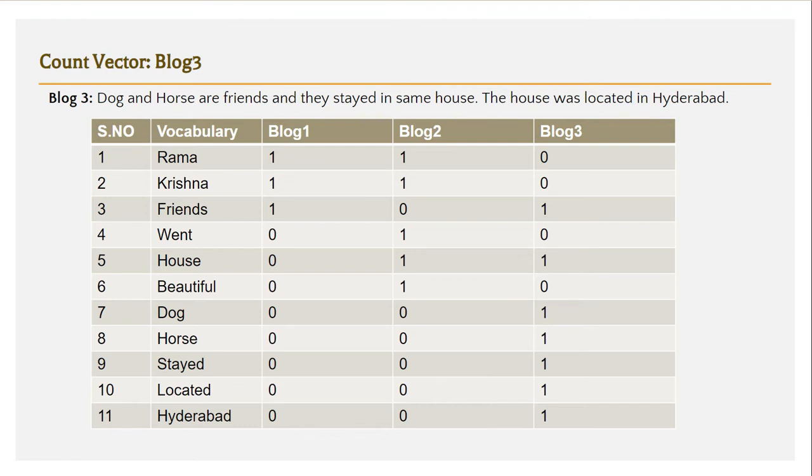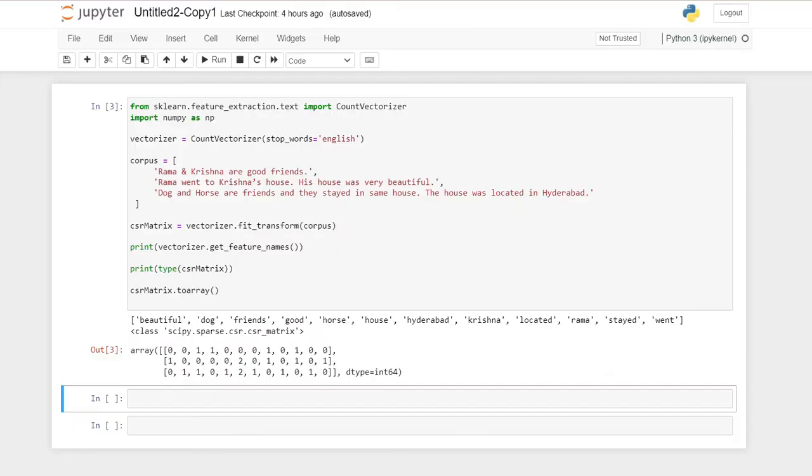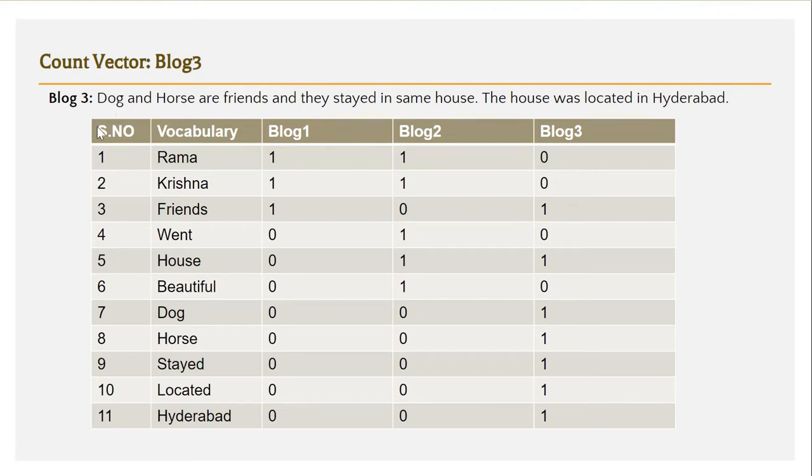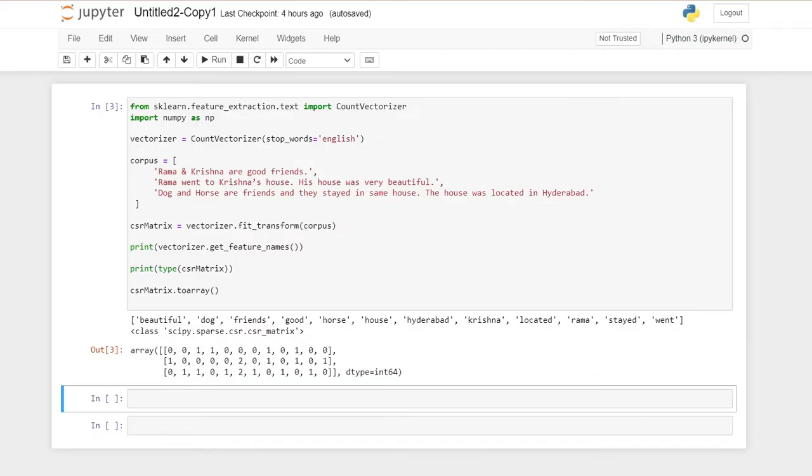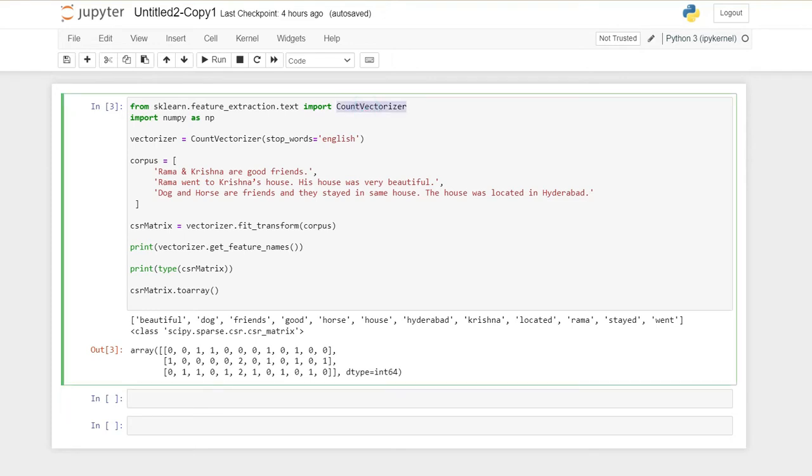Okay. So next, we have also written a Python script which does the same thing as these count vectors. The output we wanted to get is these count vectors, so for that we have written this Python code. We have taken the CountVectorizer, which is a class given in the sklearn library. We have just initialized this class and assigned it to an object.